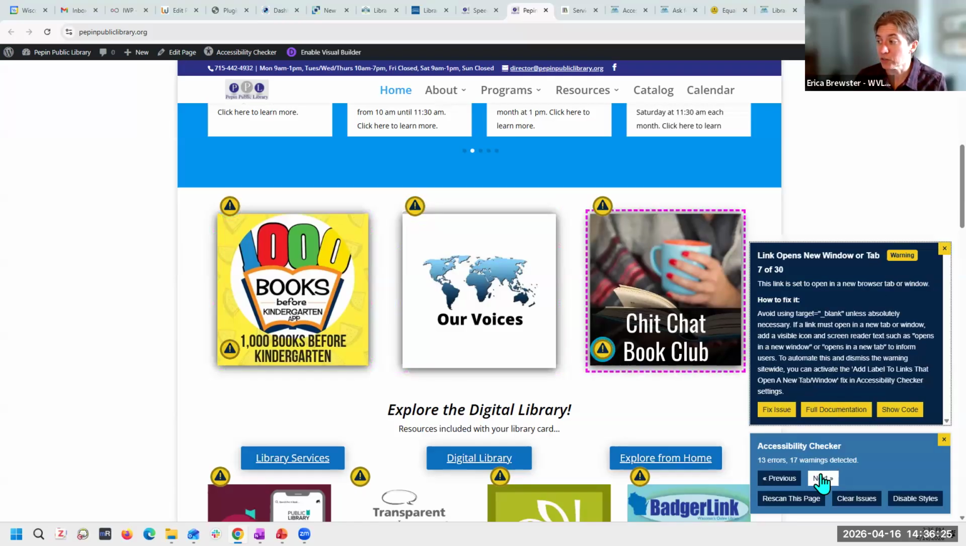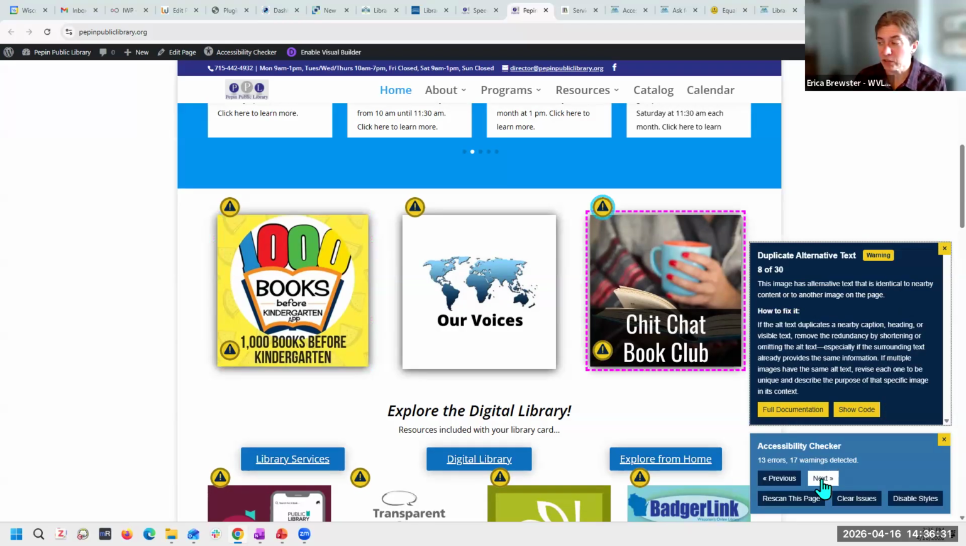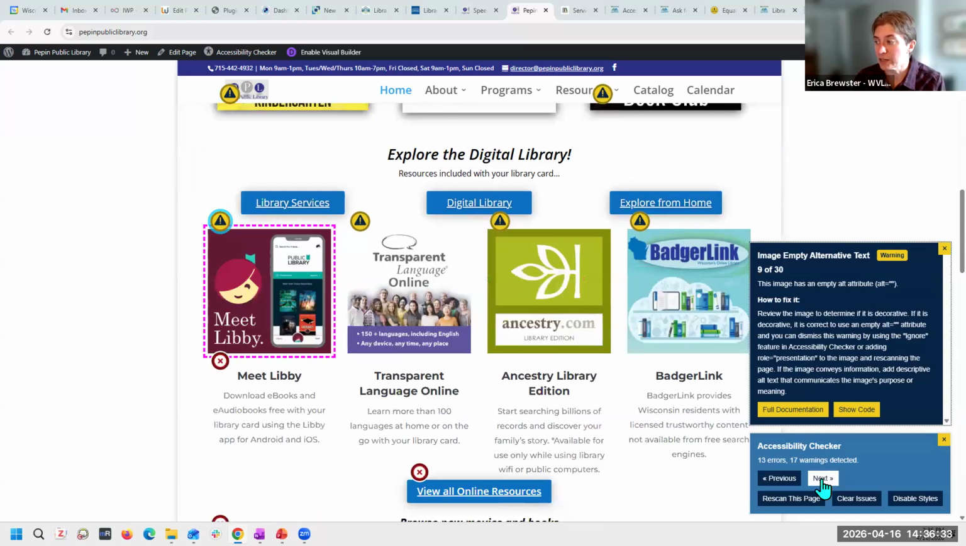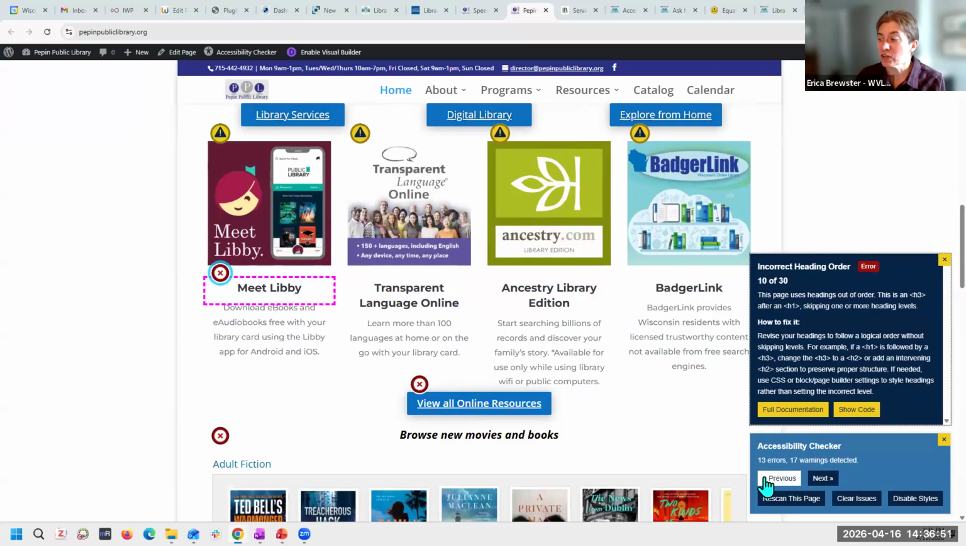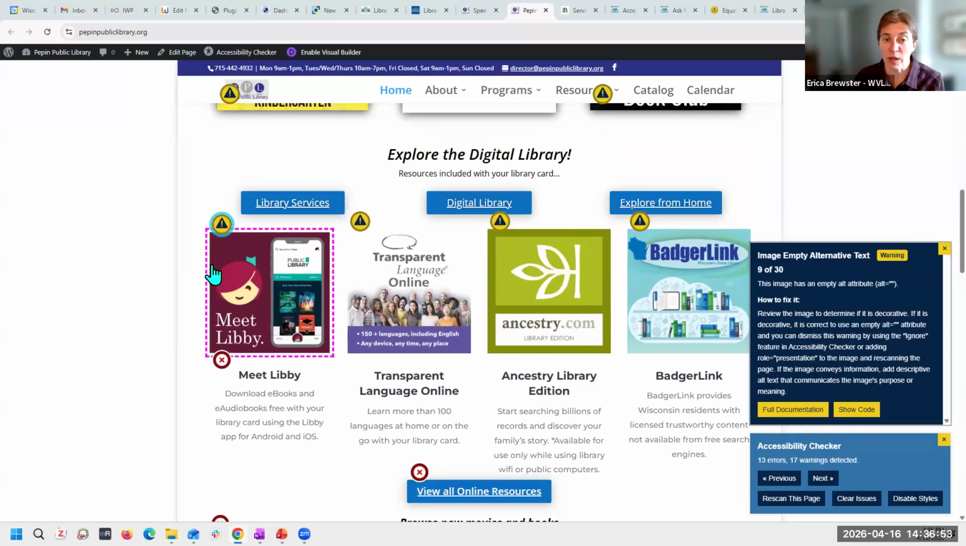Again, we have the same errors. Link opens in a new window or tab. You can fix that one. The duplicative alternative text, we'll skip by it for now. Image empty alternative text: double check and make sure that, again, the blurbs are acting a little weird as they are, but this is what you are going to see a lot of. It is up to you now, if you are on your website and adding images, to make sure that you do have the alternative text added